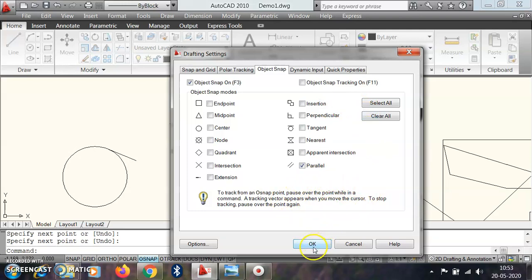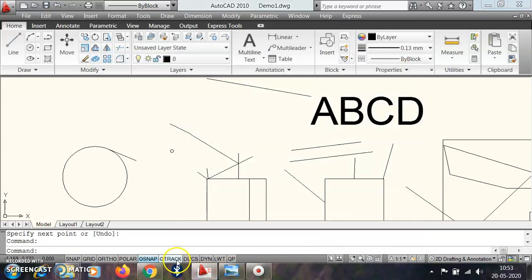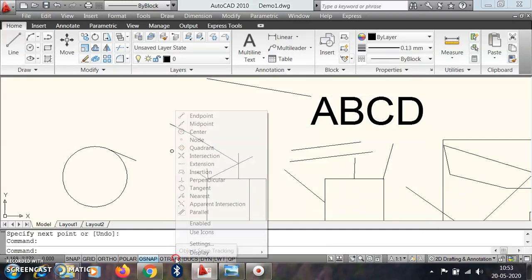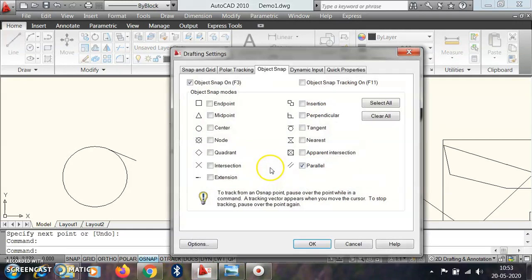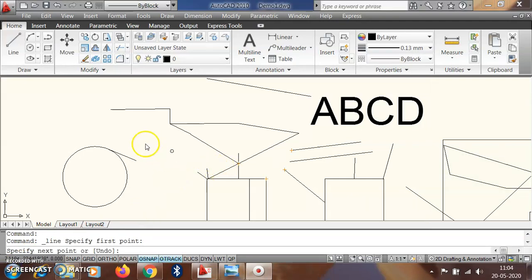Then the next one is O tracking. So go to the O tracking setting. Using O tracking we can track our points or any required outputs.